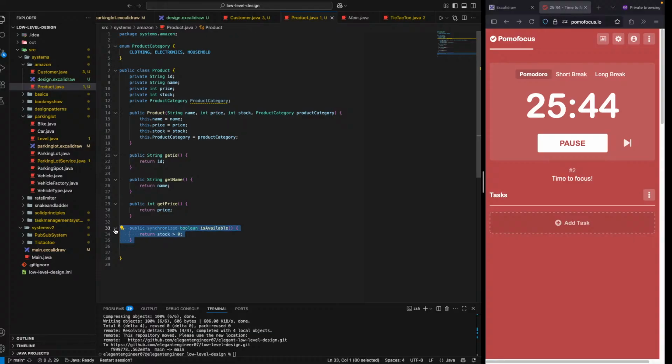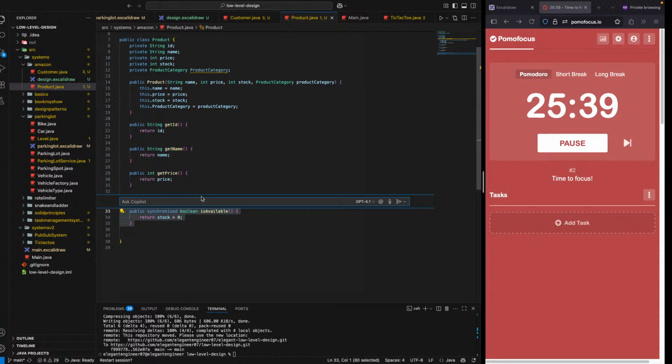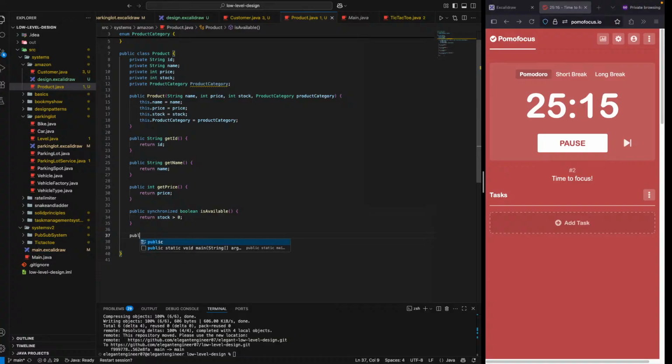That was my question to Copilot. What I asked it is, is there any better way of using synchronized? Synchronized is something that I am aware of. So then it suggested another function. Okay, let's not do it this way. Cancel, and then close. Let's create another, public synchronized boolean, not synchronized, void update stock and int